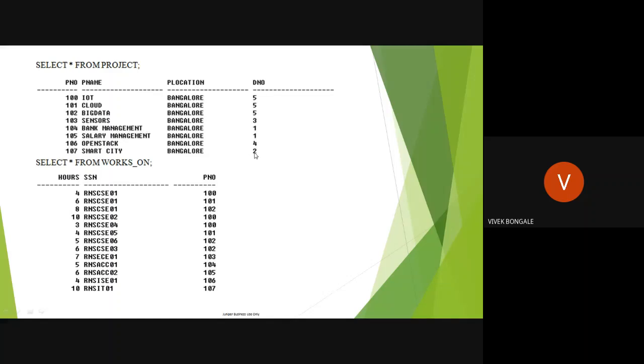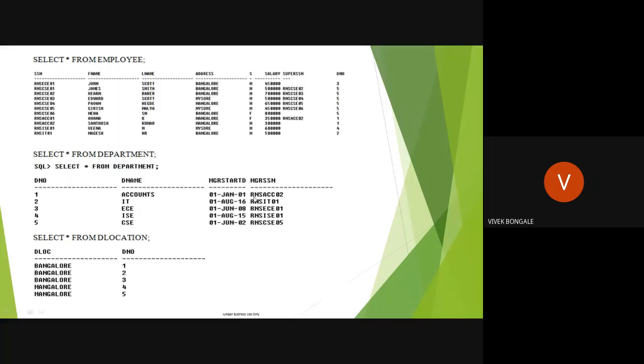Now the condition is 2. Next, you have to check the manager SSN with the employee SSN. RNS IT01. So this condition also is satisfied. Last name is what? Here HR, but we are looking for Scott. So again, this condition is not satisfied. Next, department number 3.